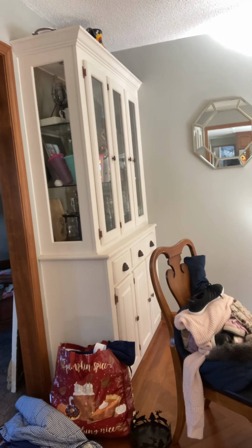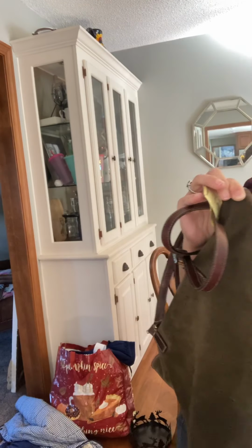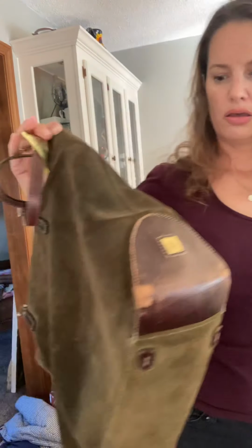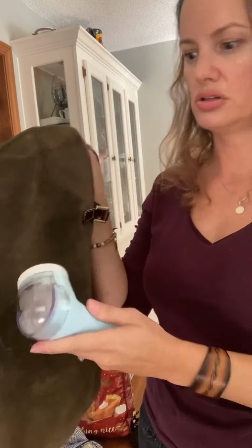So what I do is get this just shoe polish, Kiwi, the brown kind. I'm gonna rub right over that, polish it up. It's gonna look nice. Just use an old rag, rub it in. And if it has any piling, you're gonna use this. Just get one of these cheap piling removers from Amazon for like $10, especially for sweaters. You can use this a lot. All right, so